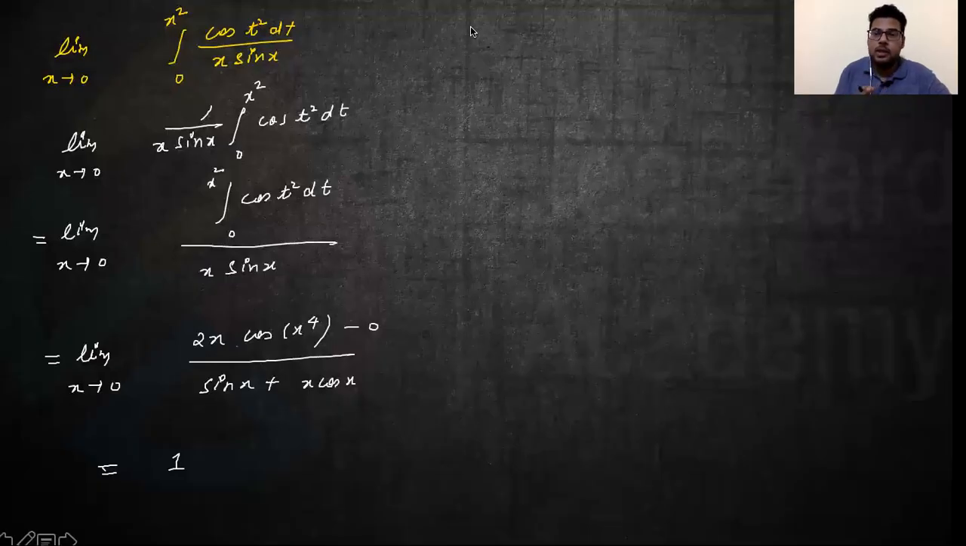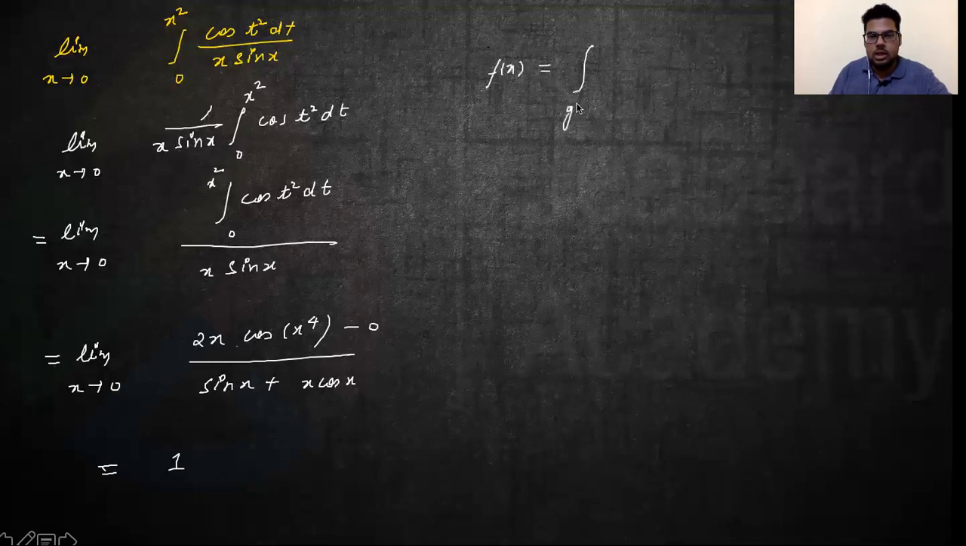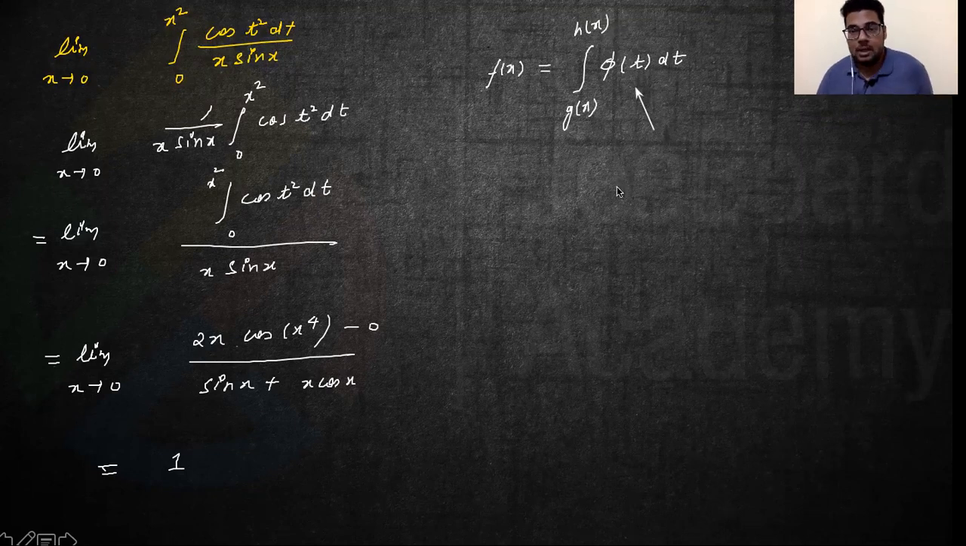There is an important thing to remember in the Leibniz rule, right? The details we'll discuss sometime later. The Leibniz rule is basically, if you try to see the function, f of x equals, let us say it is g of x to h of x, and this function was phi of t dt. So just to make a note, the formula of the Leibniz rule that we have been applying so far is when this is a function